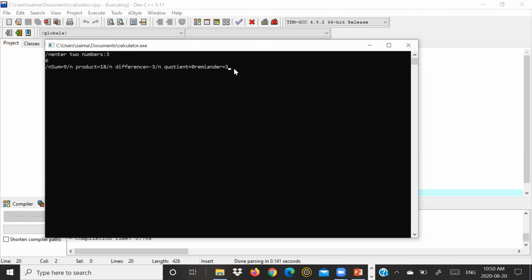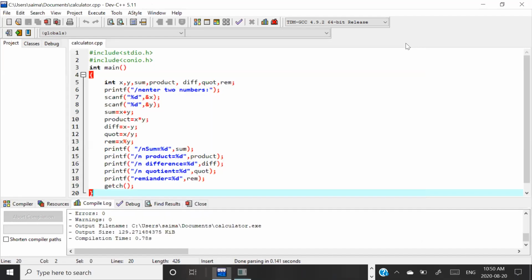Clear? This is a small calculator that we have designed by applying all the arithmetic operations. Clear?